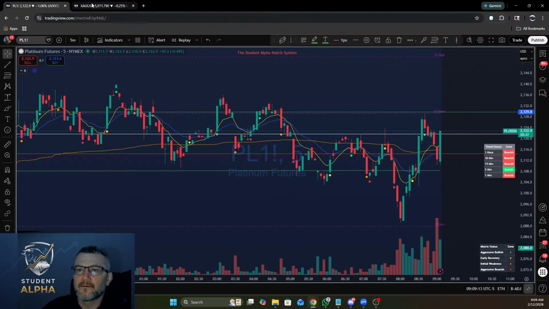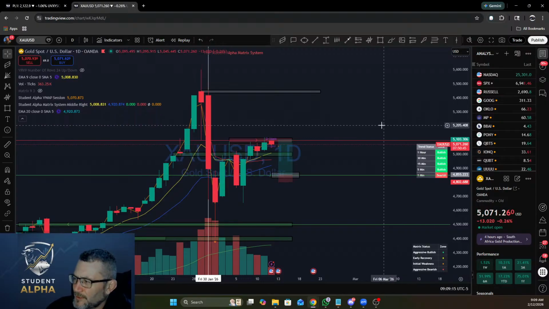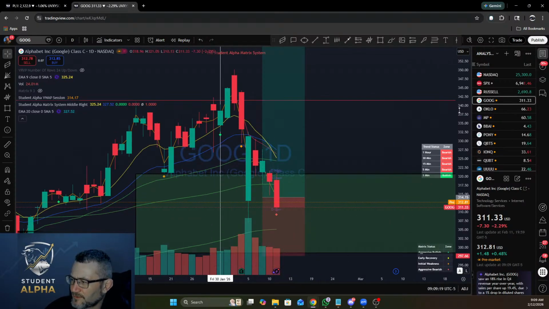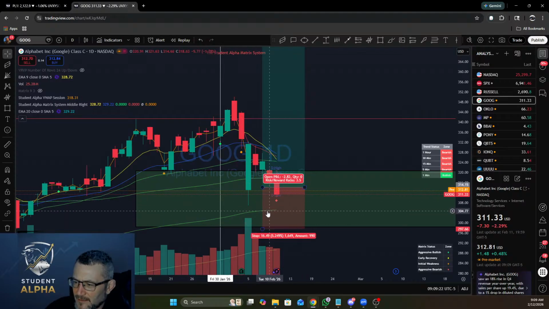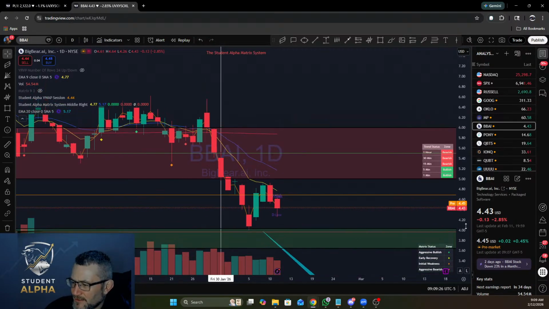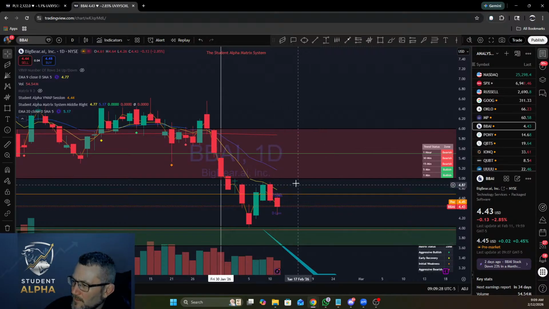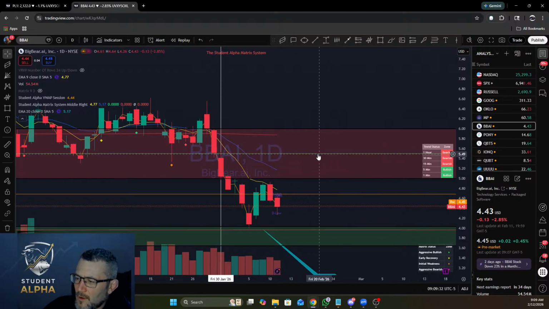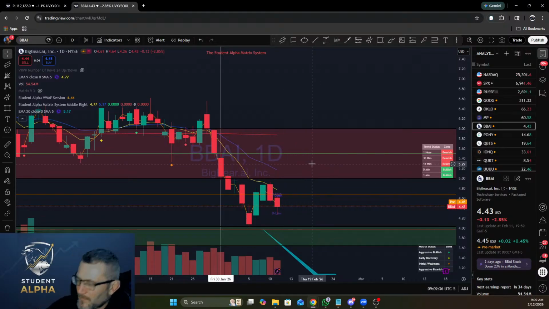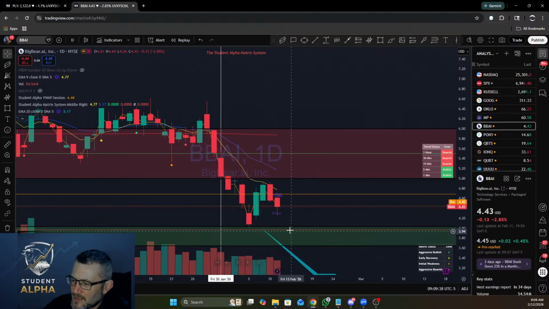All right, let's get to a few things on the report. Google's current price is 312. Watch downside support. It's in that buy box, right? Downside support at 300. BBAI is at 443. We want to see some buy side volume come in here. I am long, actually just slightly below that green box that I DCA'd in. So underwater on this trade, but this is a long-term thesis, stop loss has not changed at 399.